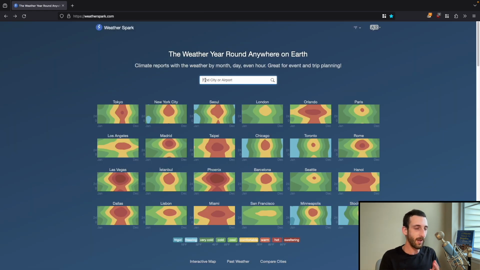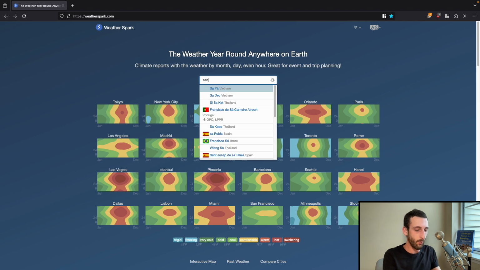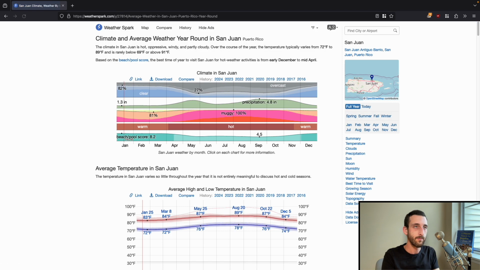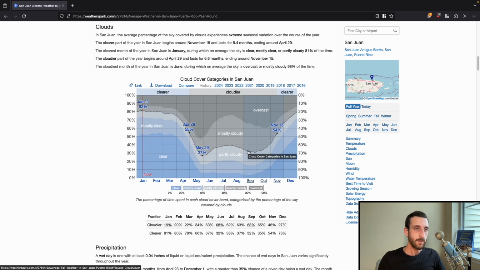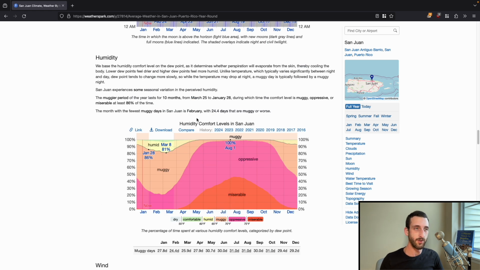Now, let's say we were planning a vacation to San Juan, Puerto Rico, and we wanted to figure out what time of year to go. And we can see, oh, wow, look at this cloud cover map. So it's a lot more cloudy in the summer months, a lot clearer in January, February, March. And then look at the humidity level.